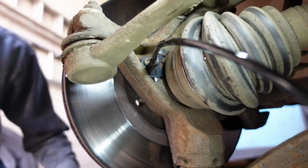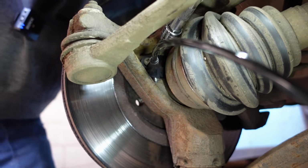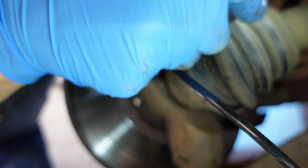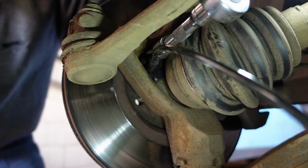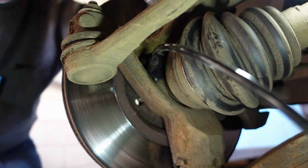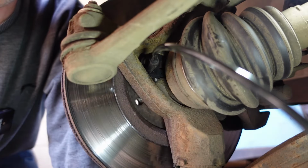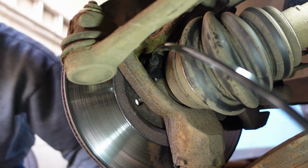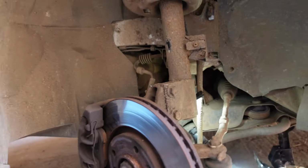Okay, so the torque spec for these is 8 Newton meters. 8, not 1/8, not 18, not 80, just 8 Newton meters. That is not very much at all. Likely, that's it. Not very much at all. It's likely tighter coming off because of the corrosion pushing on the sensor, basically making it tighter, pulling on the threads. So once that is bolted in position, we now just have to reverse the process with our clips and